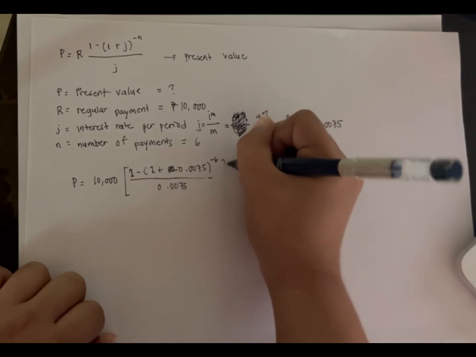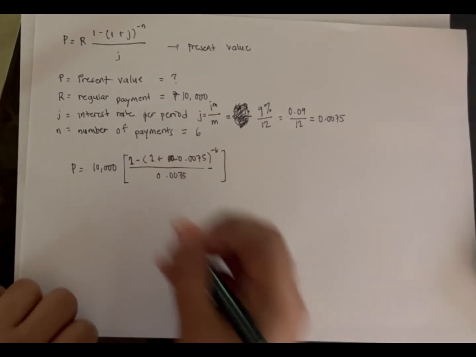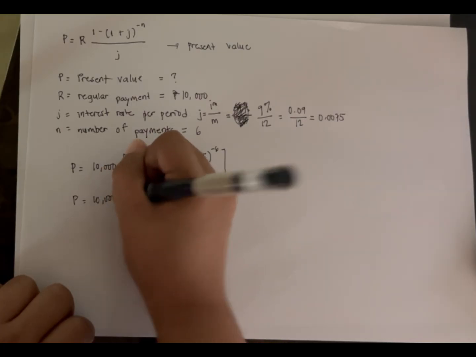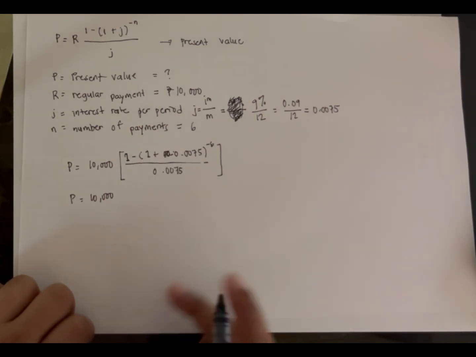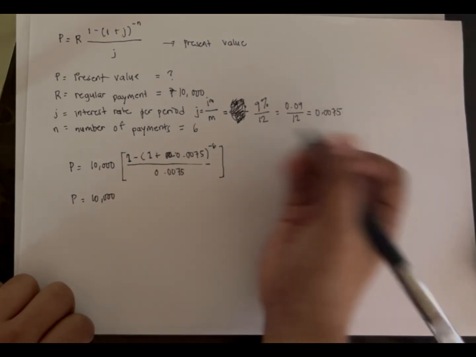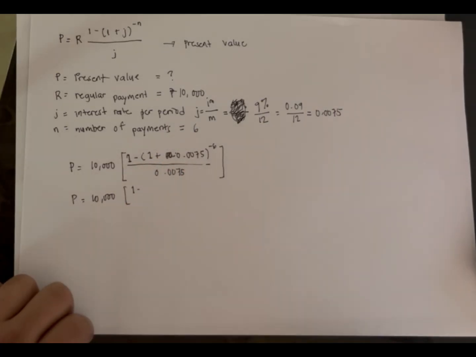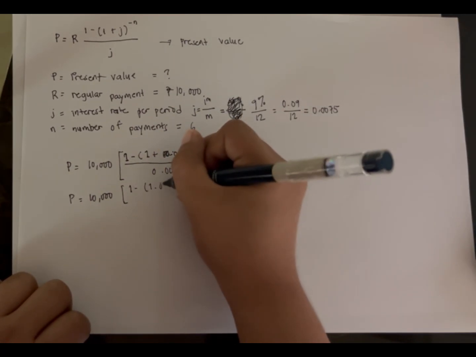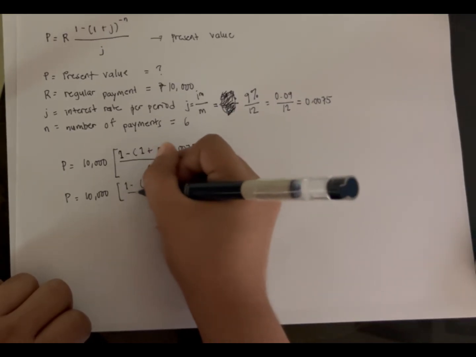0.0075. Okay. So following again the formula using GEMDAS, P is equal to, bring down 10,000. Unahin natin yung lahat ng nasa loob ng grouping symbols muna. So meron tayong 1 minus 1 plus 0.0075. Syempre po, that is still 1.0075 raised to negative 6 divided by